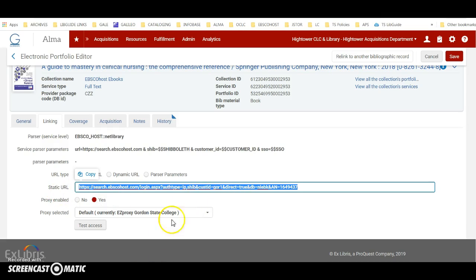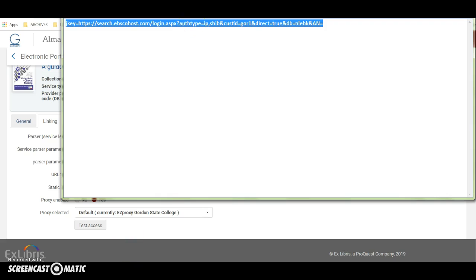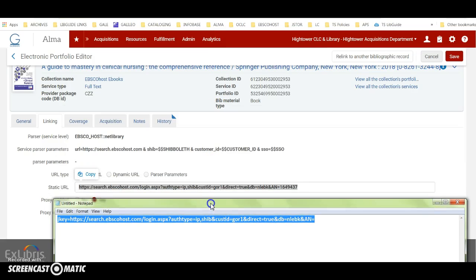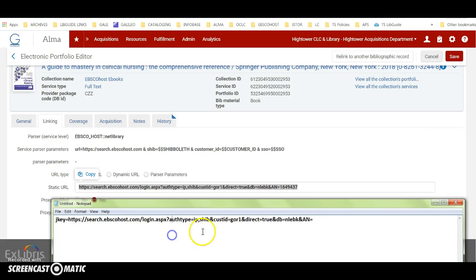We're changing that from this to this. So you'll see that we added Shibboleth customer ID equals GOR1, which is our customer ID number. We added that in the link, and it used to say,